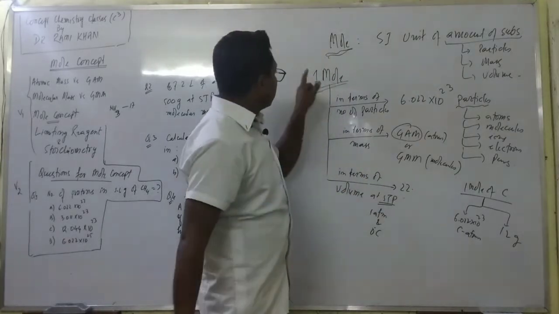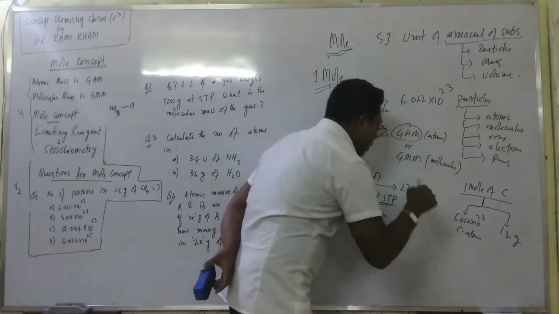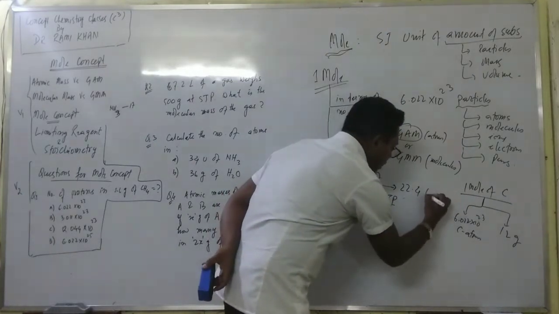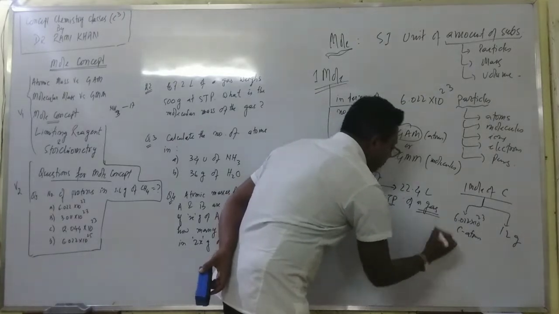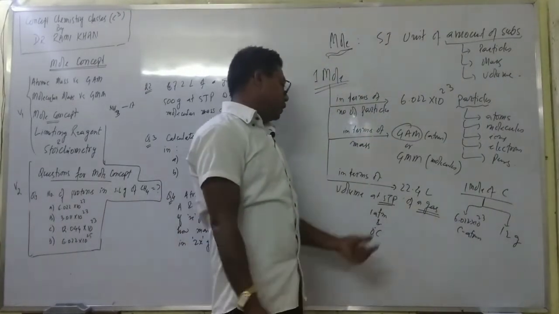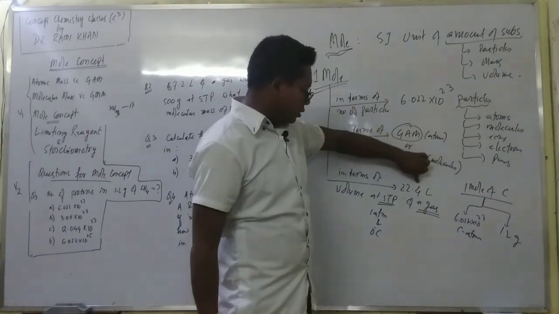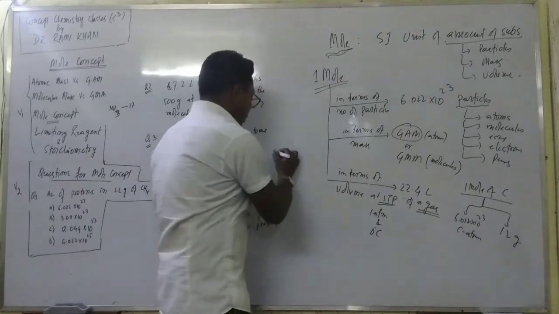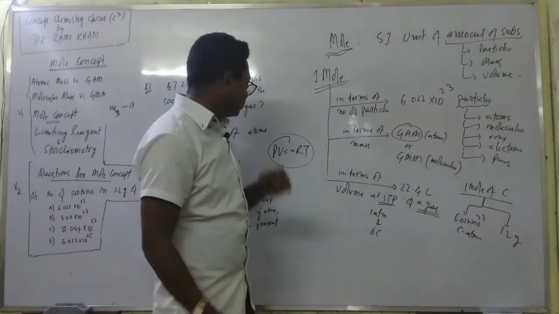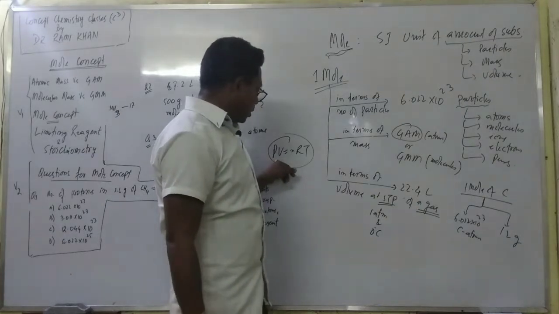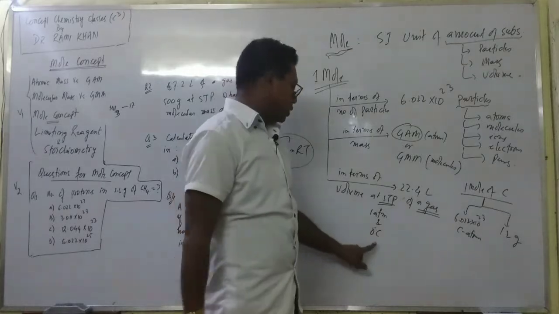1 mole of a gas will have a volume of 22.4 liter. This is very important. This definition is valid for gas. Actually, this volume of 22.4 liter is calculated from the equation PV = nRT. This is the ideal gas equation, and the pressure will be 1 atm, temperature will be 0 degree centigrade,